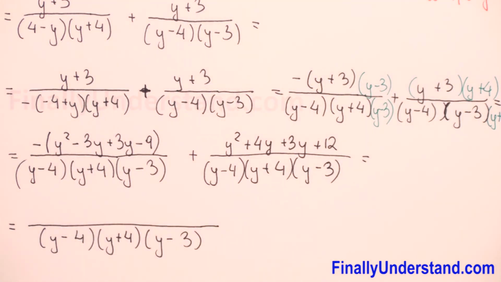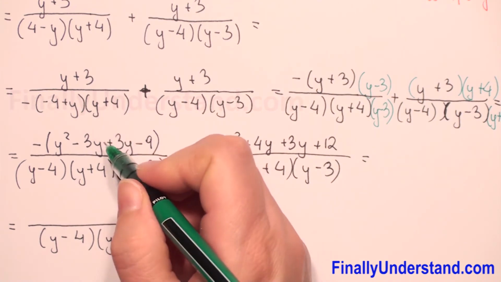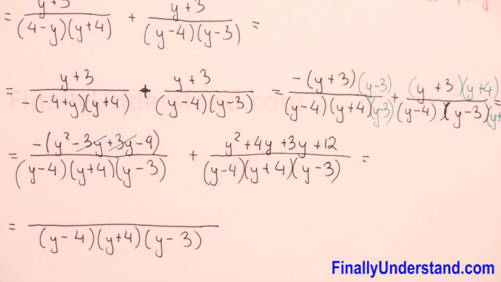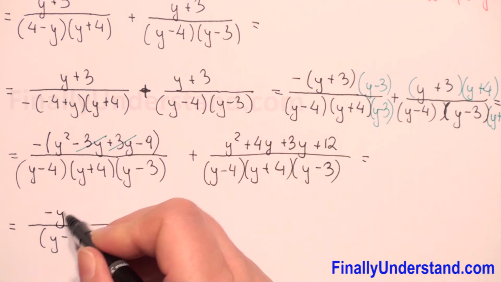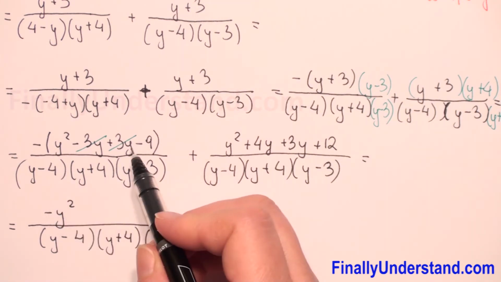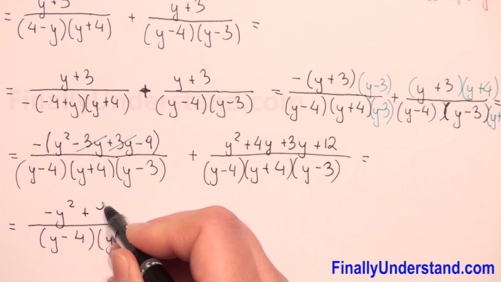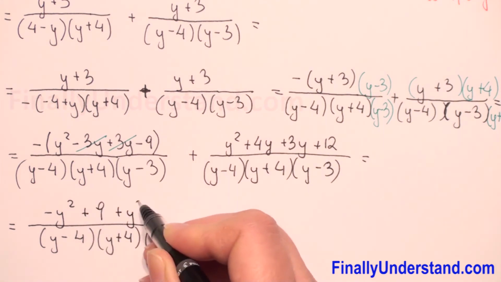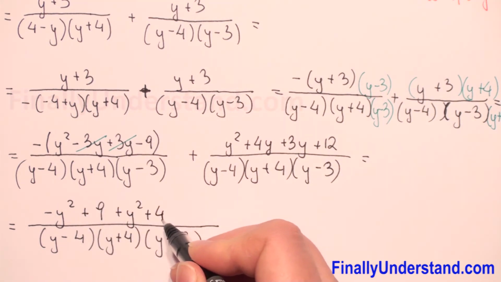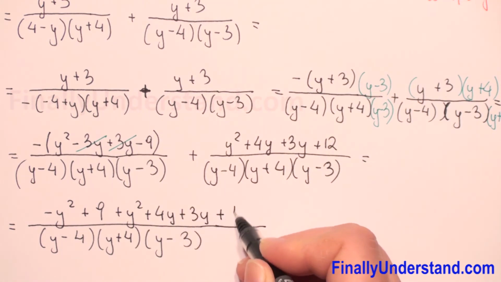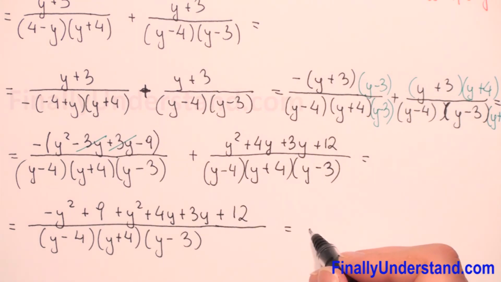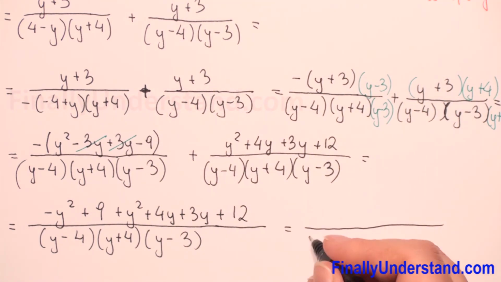And what else can we do? We have negative 3y and positive 3y, so this we can reduce. So now we have negative y squared, and negative times negative 9 gives me positive 9, and we have plus y squared plus 4y plus 3y and plus 12. Now the denominator we will copy